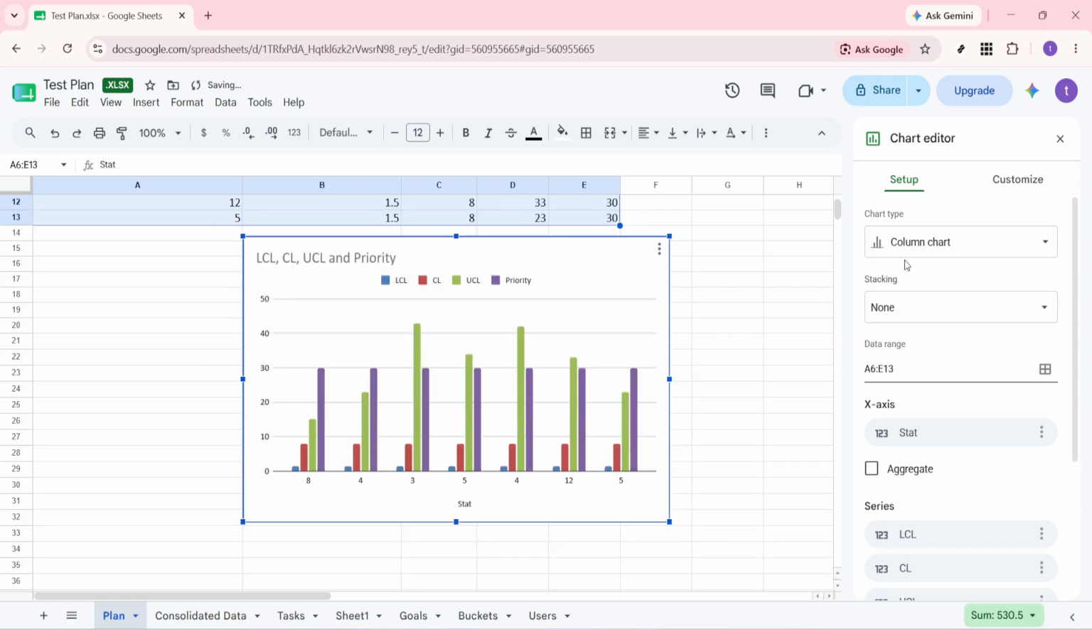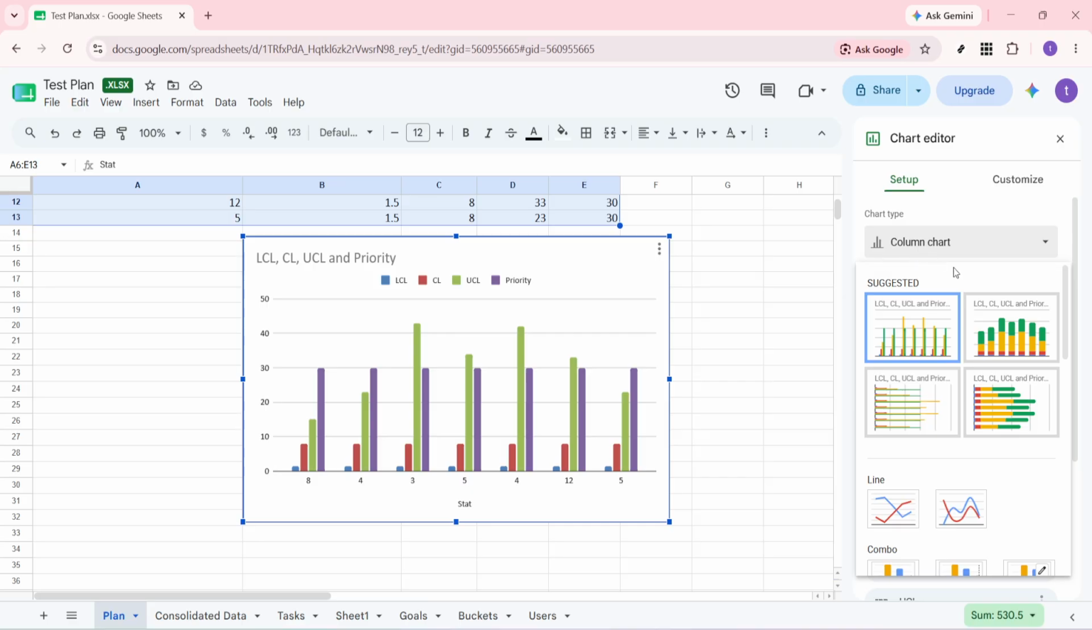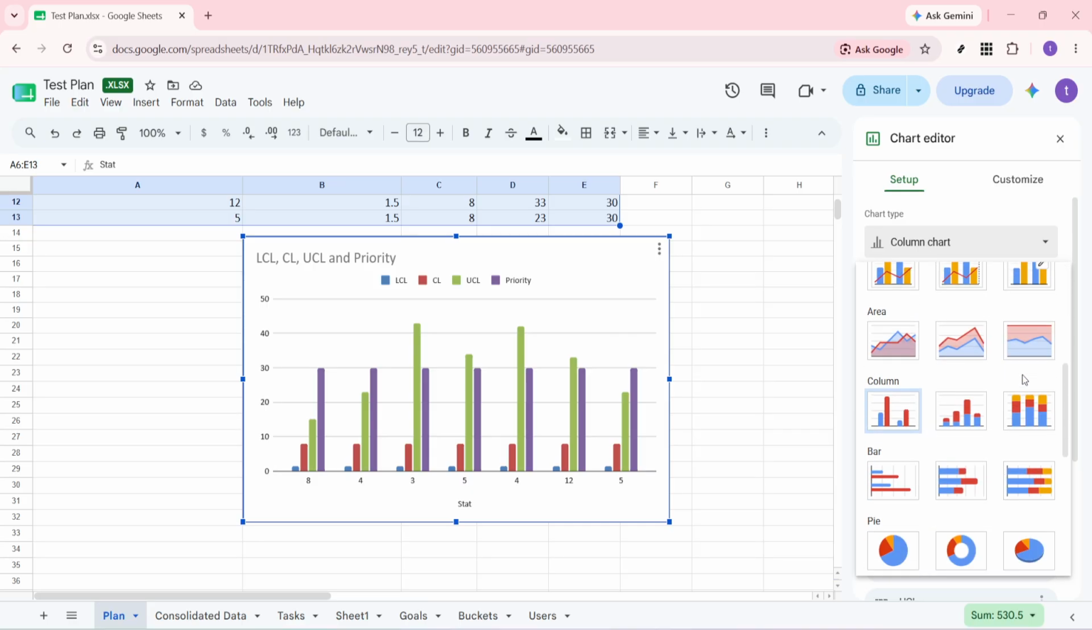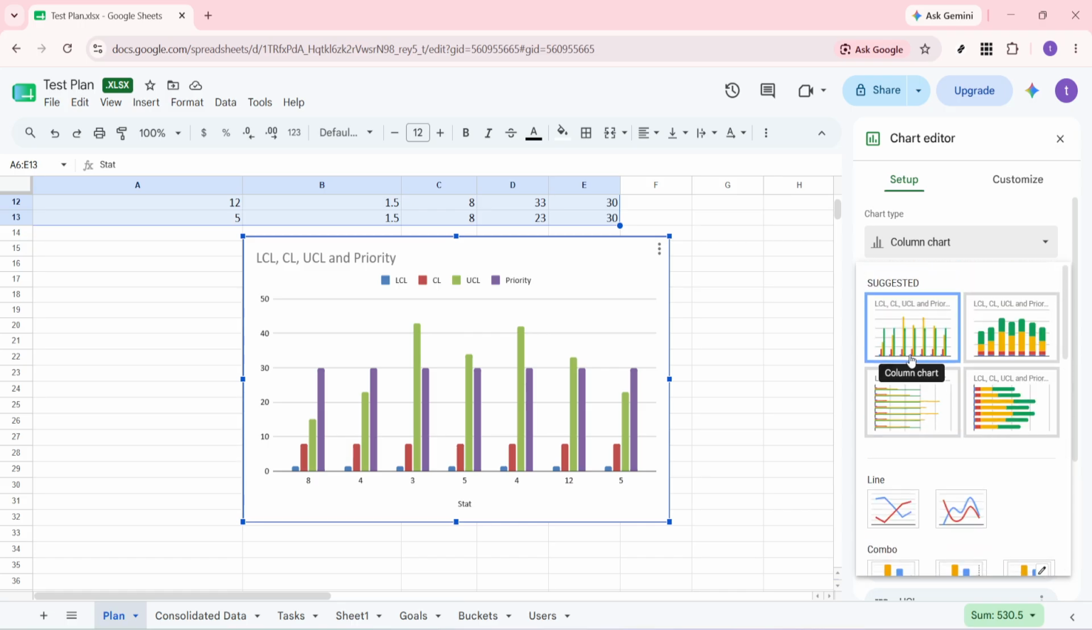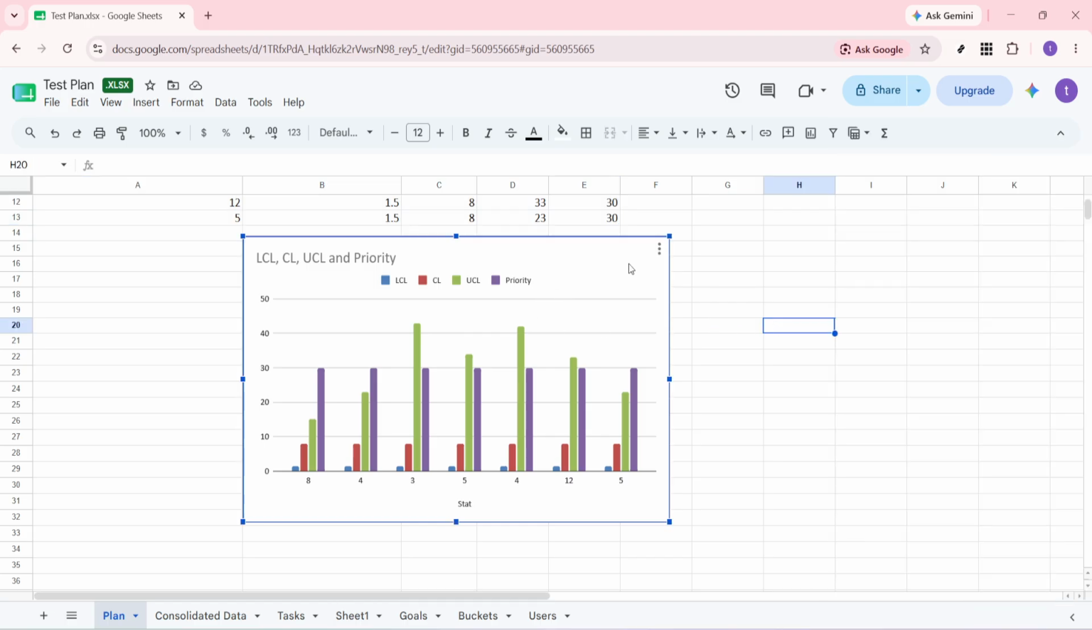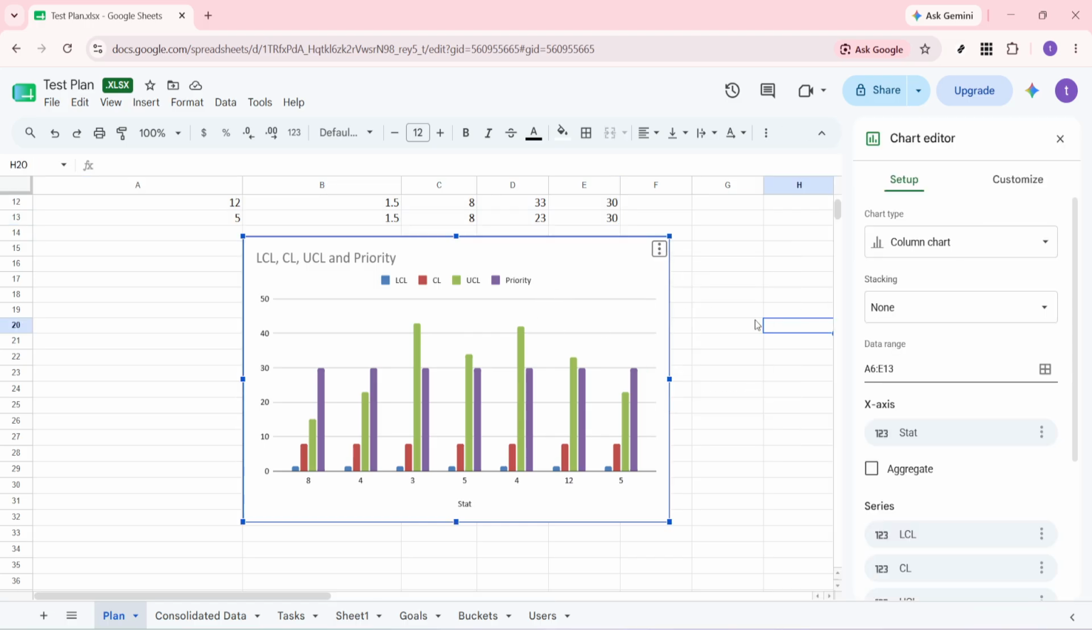In that Chart Editor panel, make sure you're on the Setup tab. Look for the Chart Type drop-down menu near the top. Google Sheets might have already suggested a column chart for you, but if it's showing something else, click that drop-down and select Column Chart. That's what Google Sheets calls a vertical bar chart. This will give you those nice grouped bars for each category, so you can easily compare your different data series